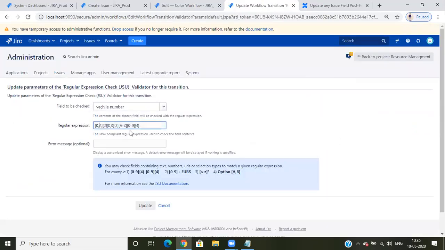So we need to enter like this. This format is not correct. I'll tell you why. First letter should be K. That is only one letter. One letter. Next, only A. Here we will accept.